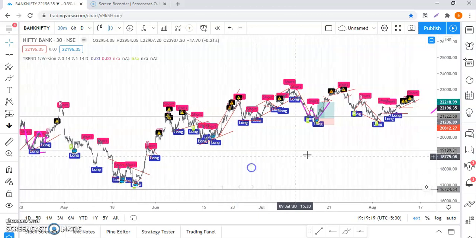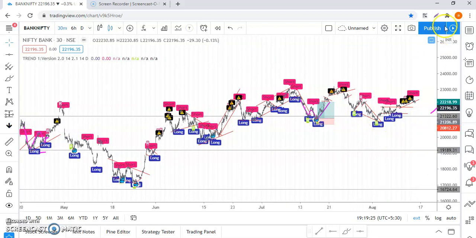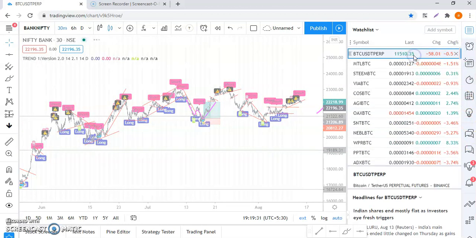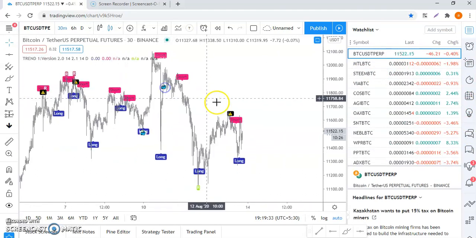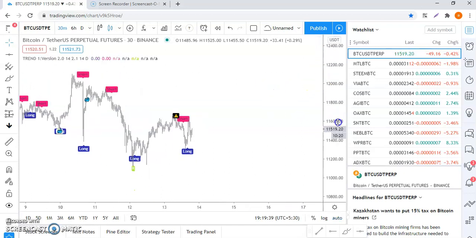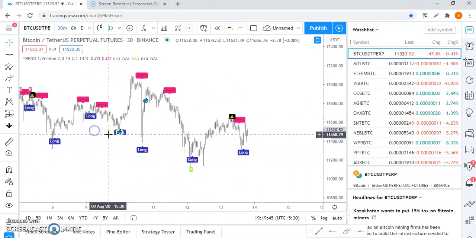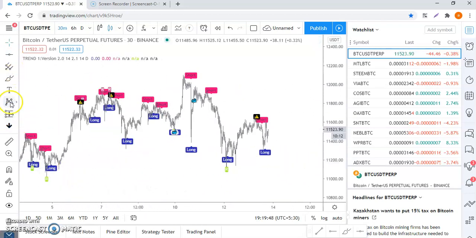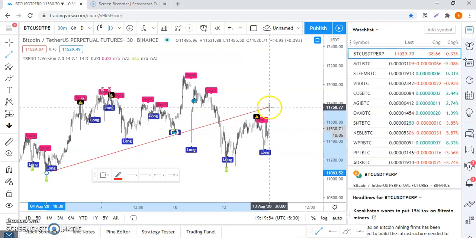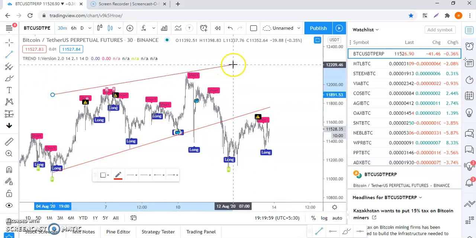So that's what I meant. You can do this on any kind of time frame. You can do this on any chart. For example, let me take BTC. Trading is easy here also. So long and short, right? So we got a perfect long here, and smart money came, and again this will go up. So what you should do is just start drawing trend lines and start identifying the patterns, you can easily make a lot of money.